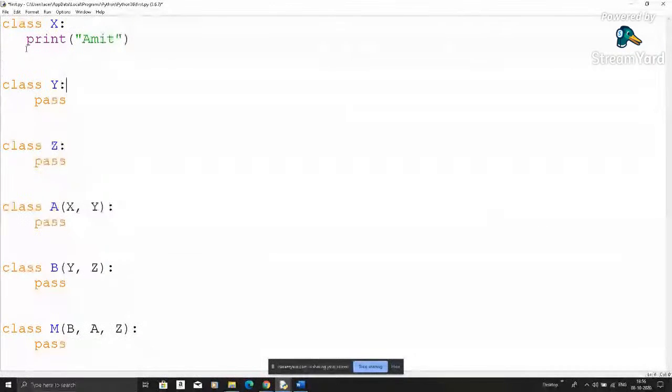With Y, I want to use the print function, and in the print function I directly use Deepika. After that, I'm not using this, only pass. Let's take one example. Instead of this, I directly use a function.